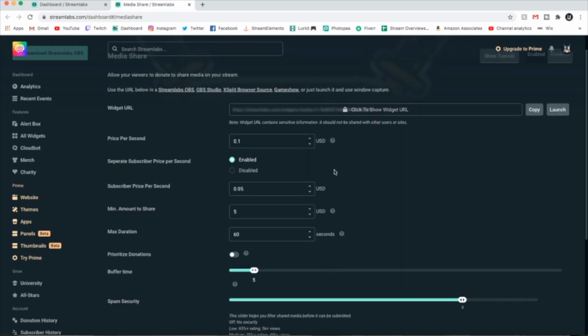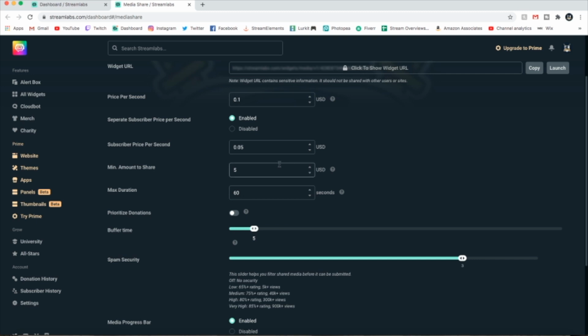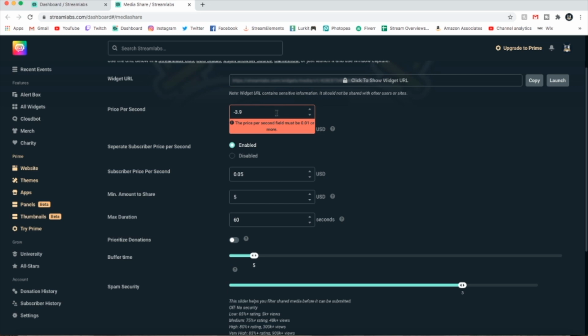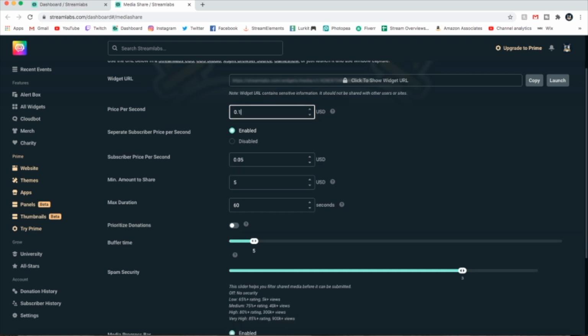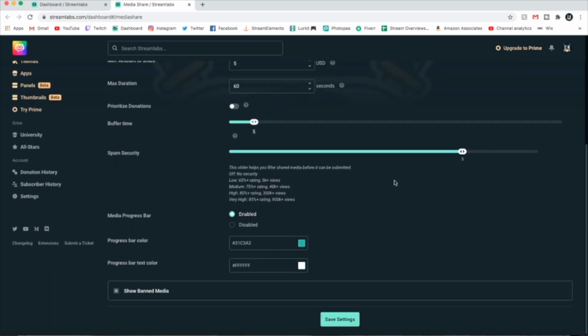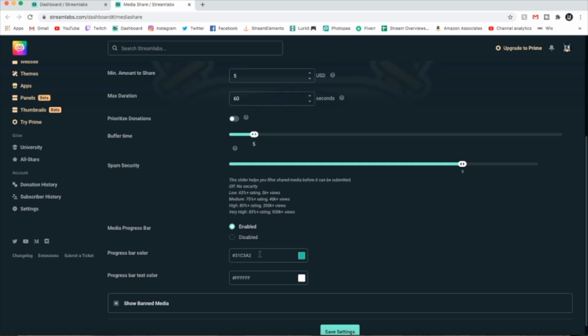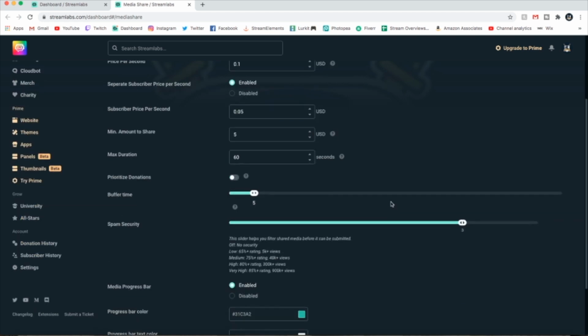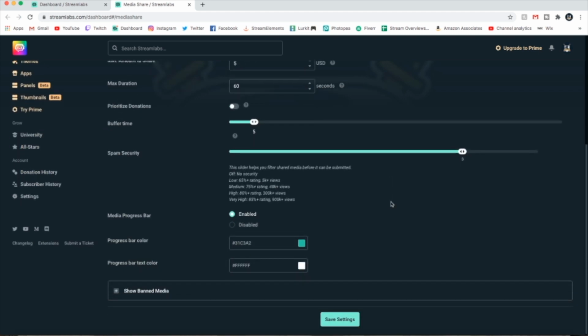The same with your normal settings. So this is the screen we were on before. So just things of like all of these you can play. Oh, it's because I scrolled. Yeah, all of these you can play around with. So you can change your color and your progress bar text color. So I'll show you what is the progress bar text color and things like that. So now we've got all these settings, and you just want to click save settings and then go into your